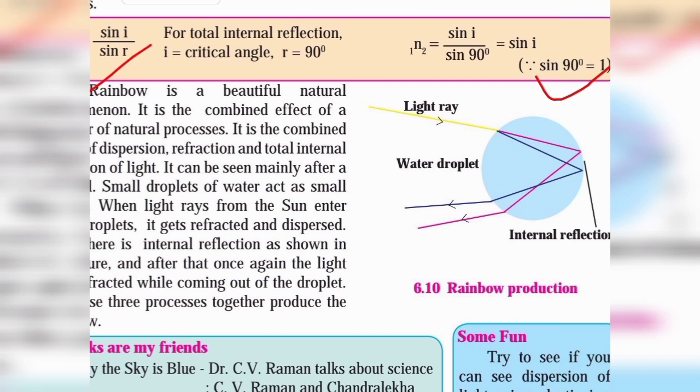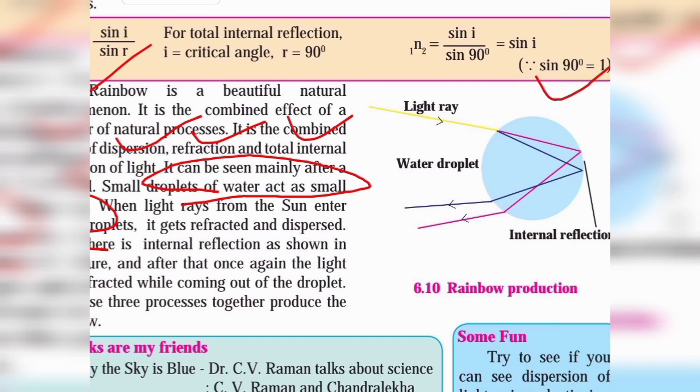A rainbow is a beautiful natural phenomenon. It is a combined effect of a number of natural processes. It is a combined effect of the dispersion, refraction, and total internal reflection of light. It can be seen mainly after a rainfall. Small droplets of water act as small prisms. Remember that. A very small droplet of water acts as a prism. That means which phenomena are there? Dispersion, refraction, total internal